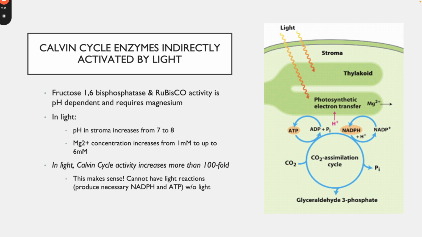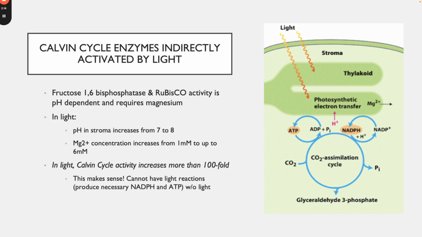if we were to take it from before light was activated to now light being activated, in the stroma, the proton gradient decreases because those protons are going into the lumen. So the pH of the stroma ends up going up because we decrease the concentration of the protons. Those protons are going into the lumen. And then also another thing to note, and this is just memorization, I don't have an explanation, is that magnesium will increase in the stroma. The concentration of it increases when light is present, when light is activating the light-dependent reactions. I don't know why. I just know that's something that I had to memorize, and so I put it in